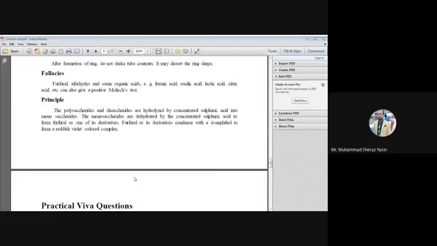Then the last step in the principle, this furfural reacts with the alpha naphthol, which is present in the Molisch reagent. The final product, that is furfural, is reacting with alpha naphthol to make a complex. And you know that the complexes are colored, and the color of this complex would be reddish violet. That's why you would have a reddish violet colored ring at the end of this chemical reaction.